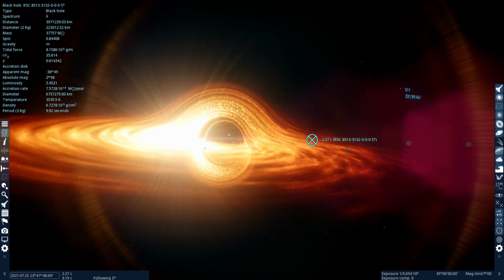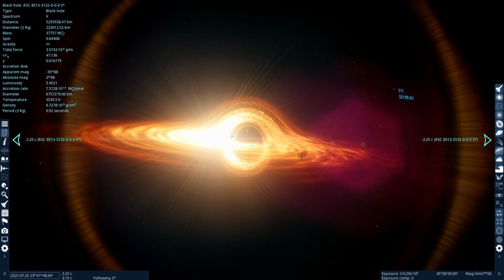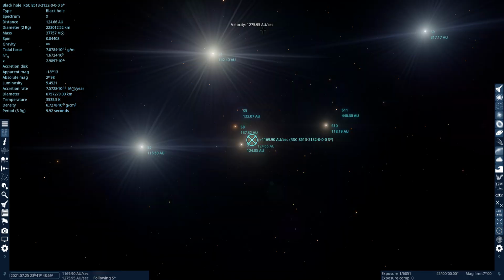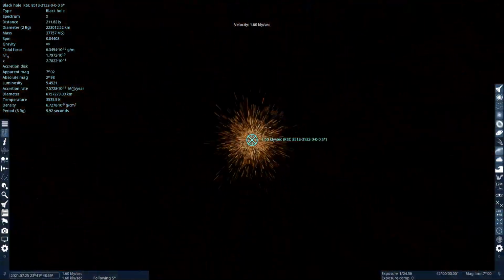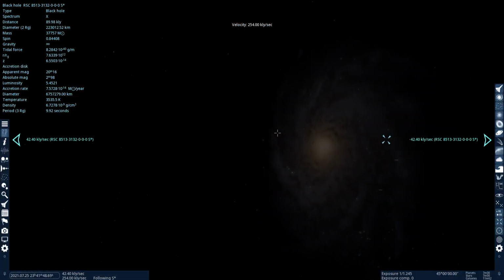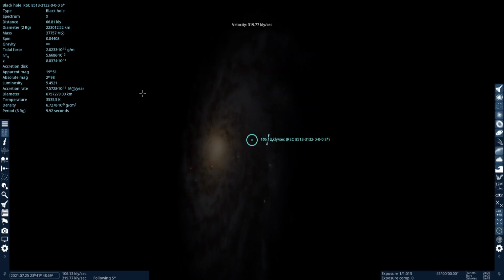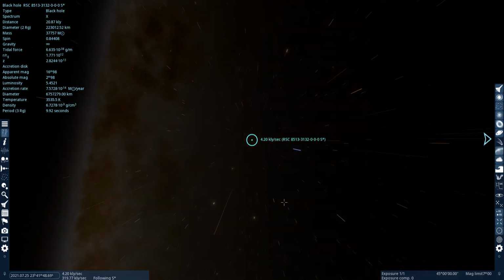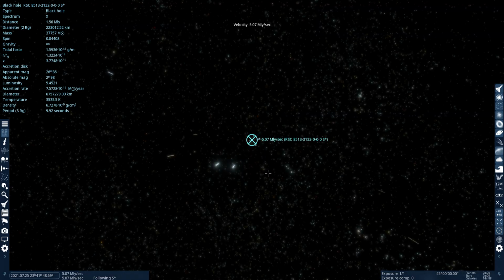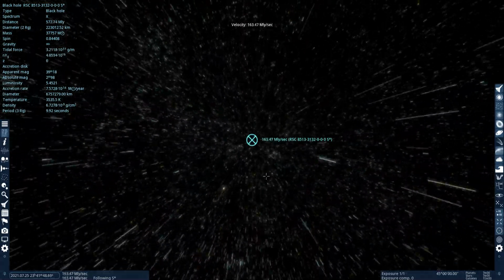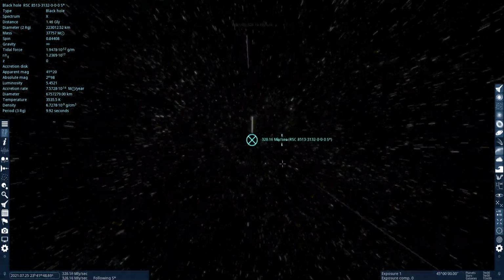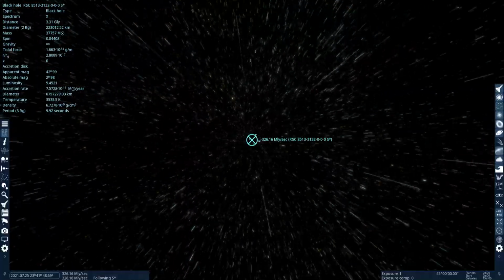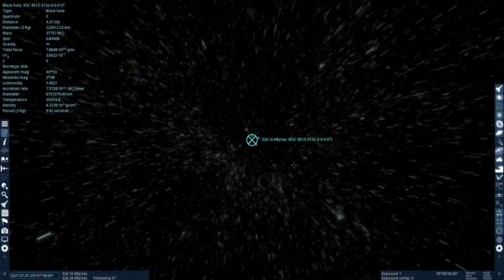But if you want to go somewhere else, you can actually zoom your velocity up here. If you want to go all the way out so you can go to different planets and stuff. That black hole is right there at the edge of our universe. So if you want to go out of all of these galaxies, out of, I don't know, 400 billion, I don't know how many galaxies there are, but there are going to be a lot.